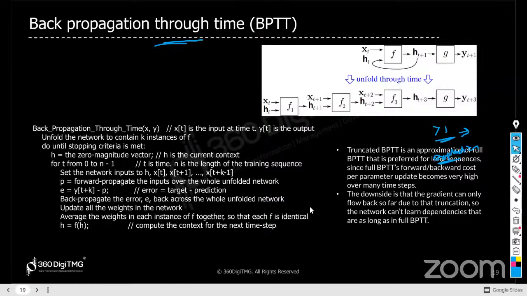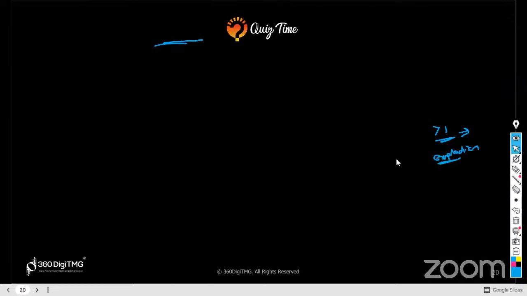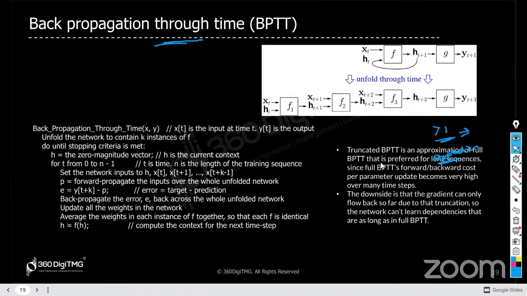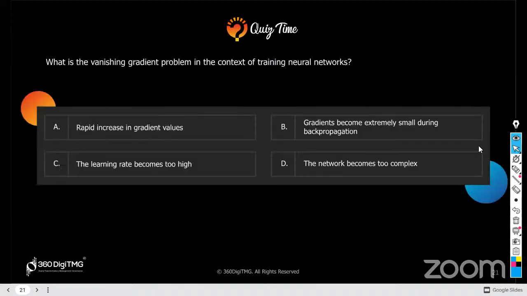So these are all the things that you can go through. Truncated BPTT is an approximation, referred to as for long sequences. The downside is that the gradient can only flow back so far due to the truncation, so the network can't learn all the dependencies. This is the challenge that we have. The next one is